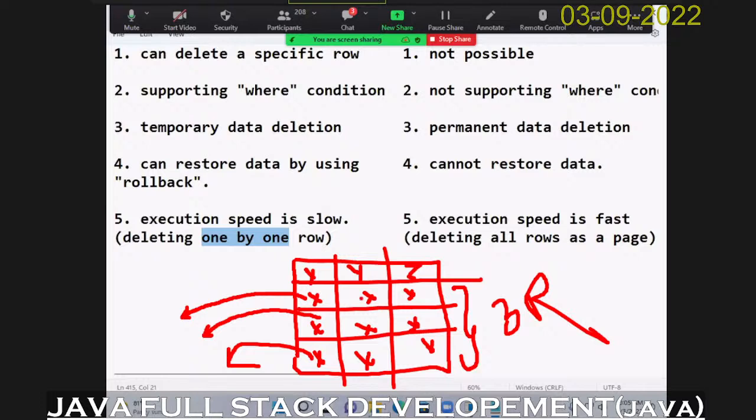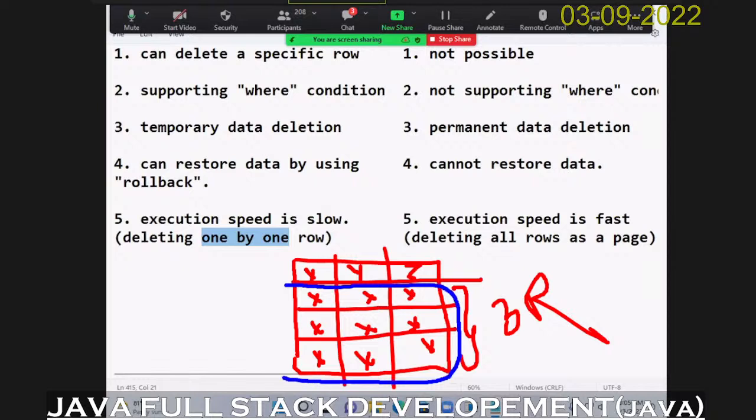But the truncate command is not like that. What does the truncate command do? The entire rows' data is taken as a page, and this page is deleted at a time. So the group of rows, whatever data is there, is treated as one page, and the page is deleted. Understand now? If you have a confusion, I will show you one